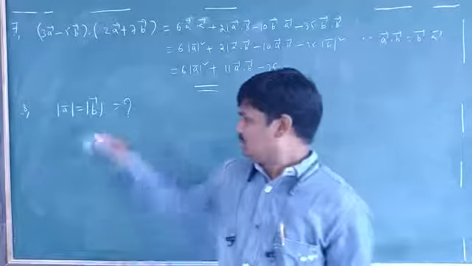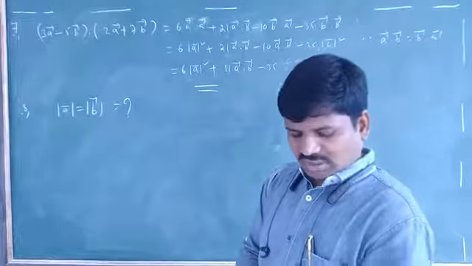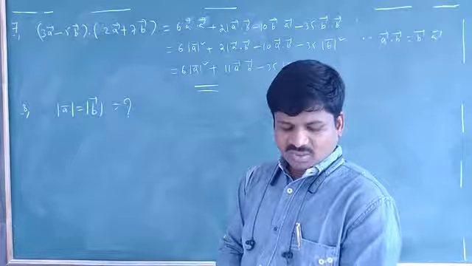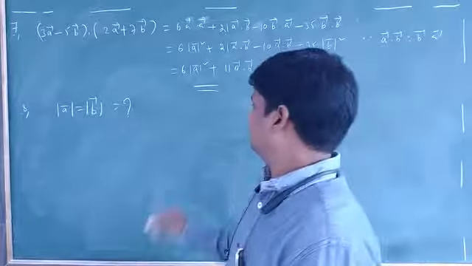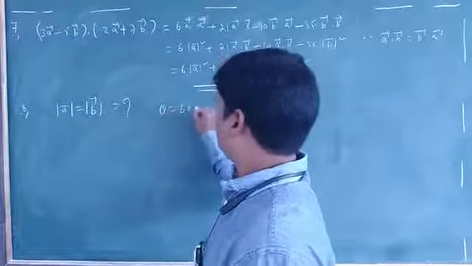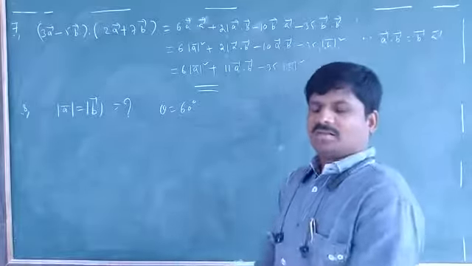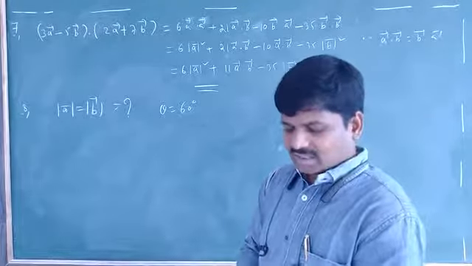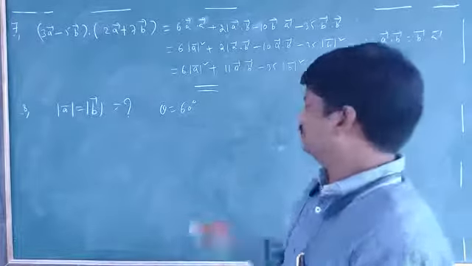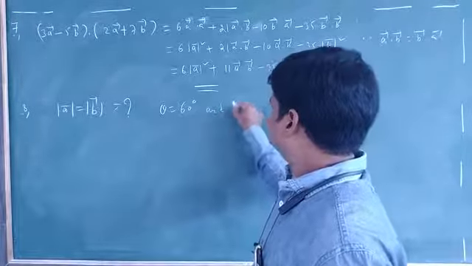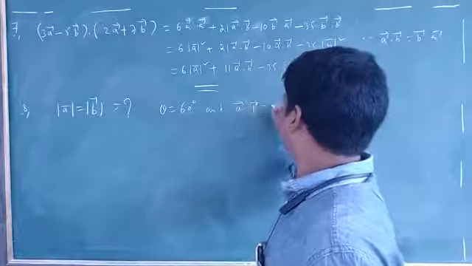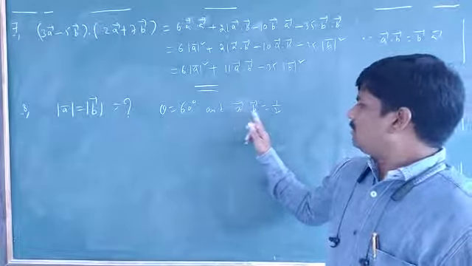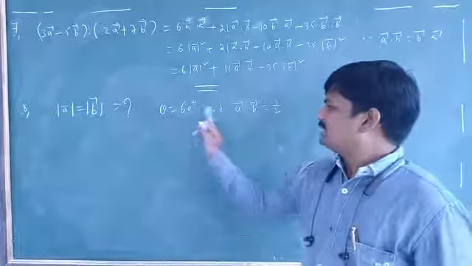So to find them, some information we require. So that information is given to us. What is the information given here? Having the same magnitude and such that the angle between them is 60 degrees. Theta equal to 60 degrees, that means the angle between the two vectors a bar and b bar is 60 degrees, and their scalar product is 1 by 2. The scalar product, that means a bar dot b bar is equal to 1 by 2 is given. Theta equal to 60 degrees is given.